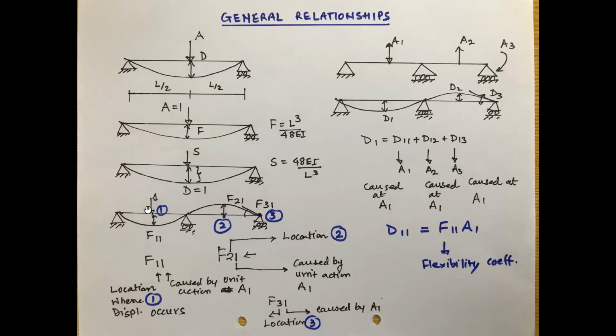For example, for A1, the flexibility is generated when you apply the unit load, not all the unit loads at the same time. One by one you have to apply the unit load. Let's say A1 is equal to 1, and then you get the flexibility coefficients F11, F21, F31. Similarly, when you apply A2 as unit in the next diagram,